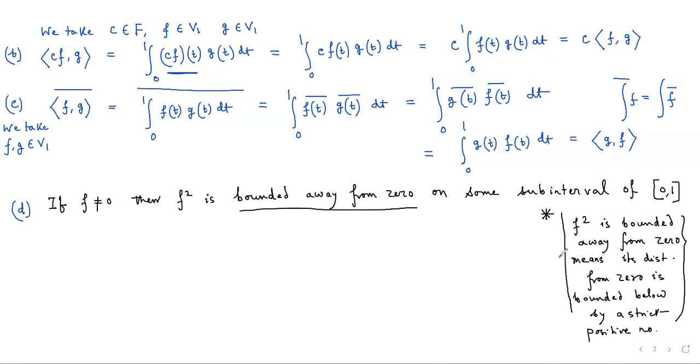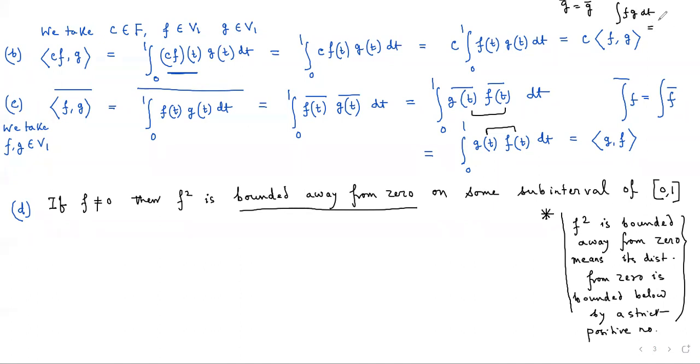Hello, sir. Yes, tell me. Please show, sir, in the third property, in the last step, how can you interchange g(t) conjugate with g(t)? It is a property of real valued continuous functions. If the function is continuous, then you can interchange them. If the function is not continuous, you cannot interchange. Again, it is a result from calculus and real analysis. g(t) bar is g(t) because g(t) is a real valued function. Okay, sir. Yes. And since it is continuous,